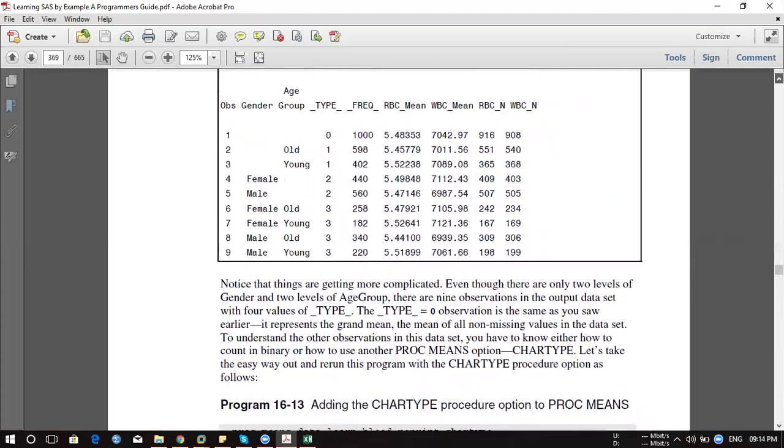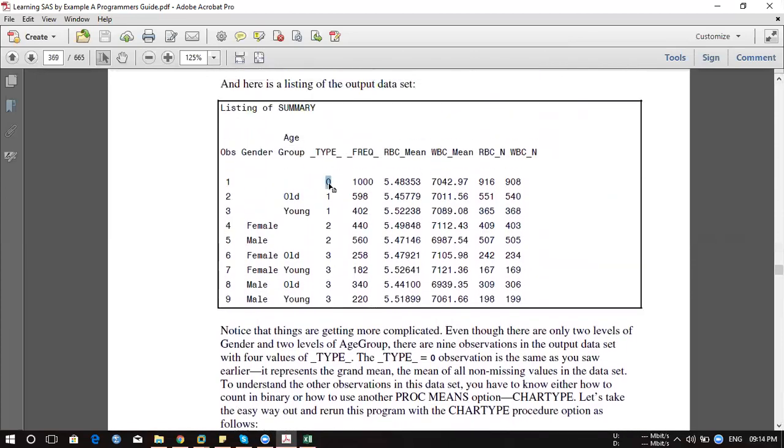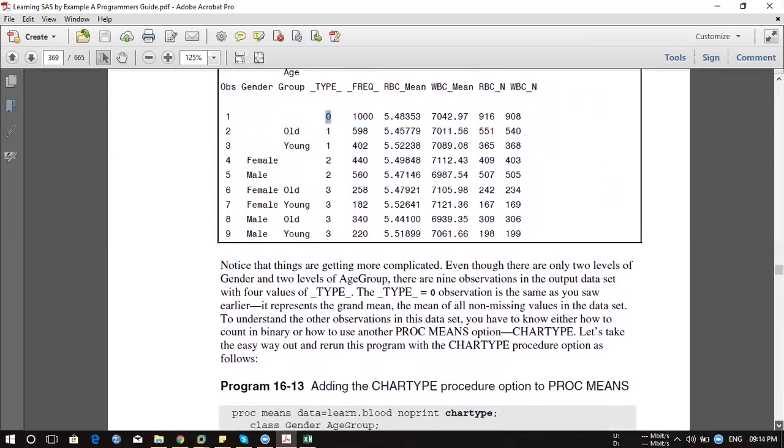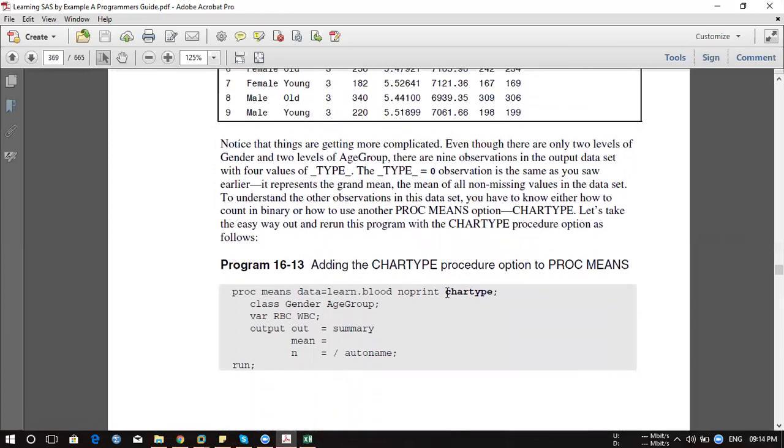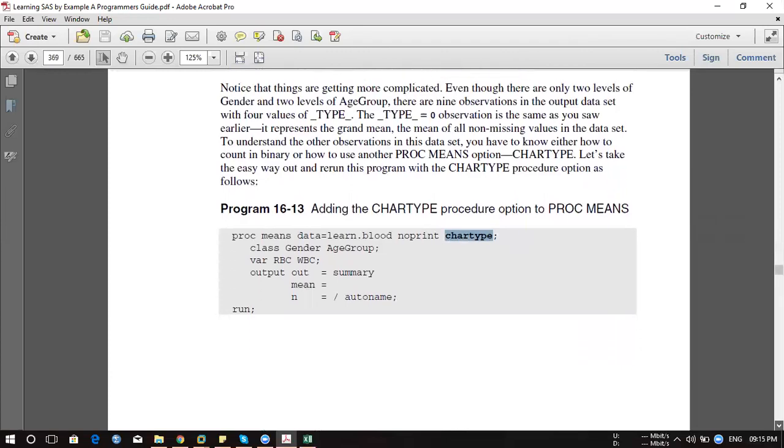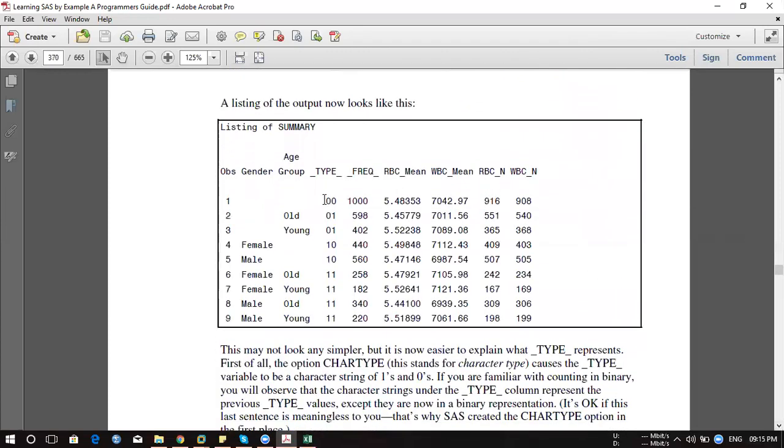Now see, we have output like this: 0, 1, 2, 3, 3, 3. Correct? Now first I'll convert this type into a chart type. Chart type is nothing but we'll convert the value into 0, 1. So we'll use the chart type condition. Based on the chart type, you'll be getting this output where you'll say 0, 0. So when you say 0, 0, mean of all.